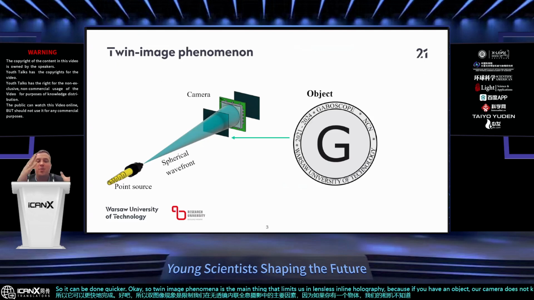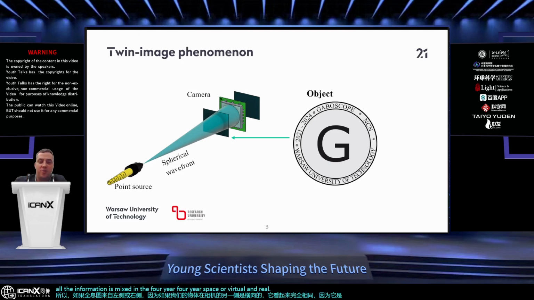Because it would look precisely the same if our object were transposed to the other side of the camera, because it's inline holography. All the information is mixed in the Fourier space. So both virtual and real objects are contributing to the field upon propagation. So if we are propagating this hologram from the camera plane back to the object plane, what we are actually